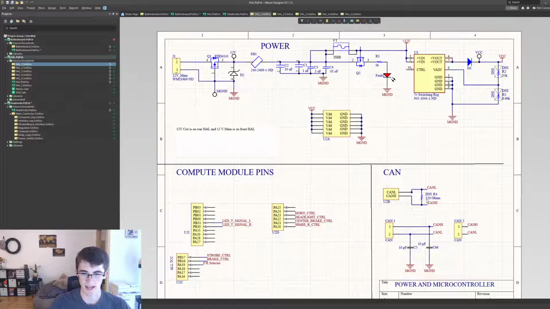Each CAN line needs to have two terminating resistors, which are 120 ohms each. When there's two of them in parallel between the lines, you should measure 60 ohms across the CAN network. If you measure it and it's not 60 ohms, you can tell that you don't have a terminating resistor. And if you don't have the terminating resistor, because of how CAN works, you will not be able to send